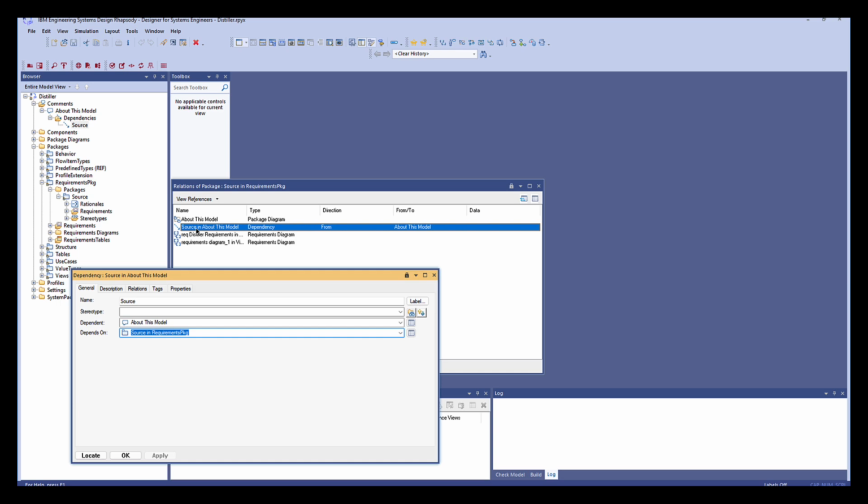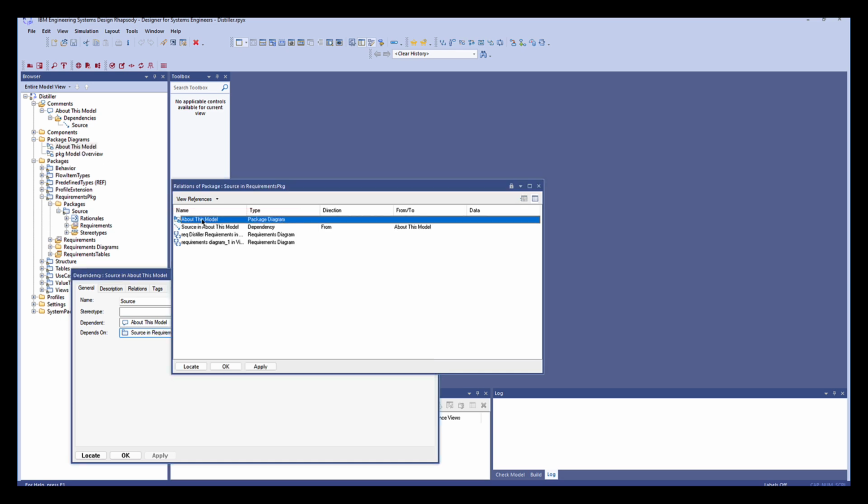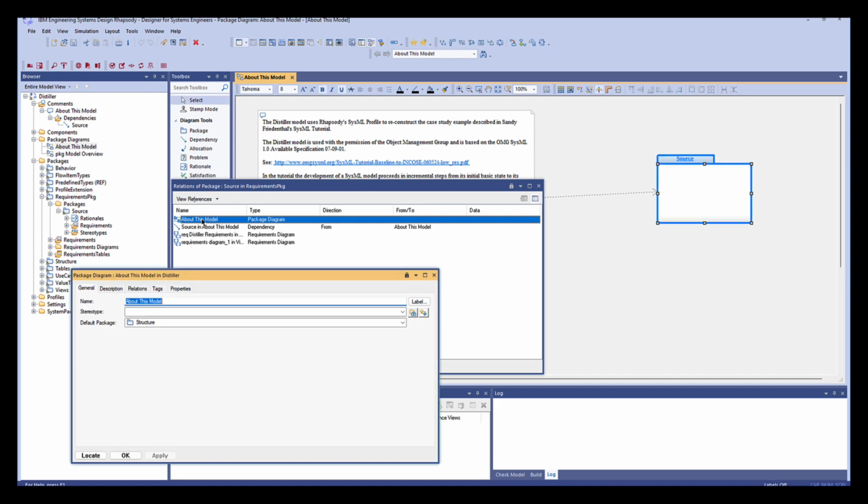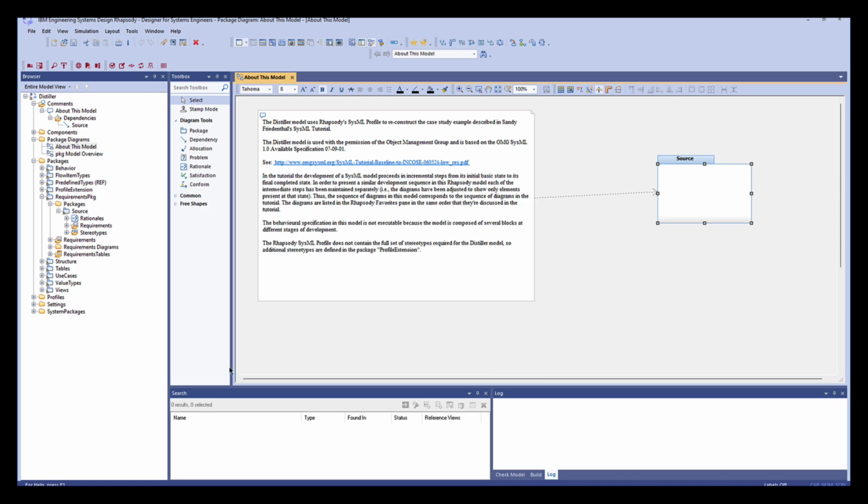And in the case of a diagram, the reference will be highlighted. For example, this source package appears on this package diagram. If I double click it, the diagram opens and the source package flashes in blue. So far, so good. But what if I wanted to see the references for multiple elements, which might be the